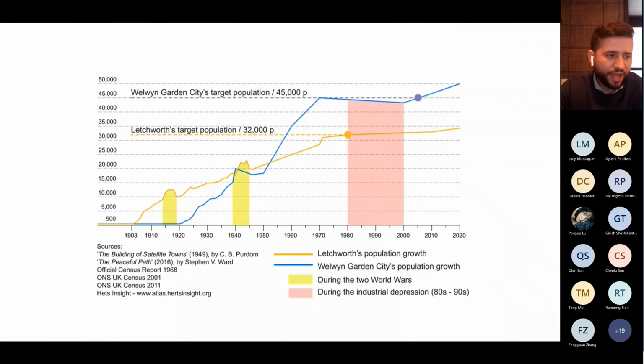see in this graphic, with several fluctuations derived from the outbreak of the First World War, the international economic crisis of 1929, and the Second World War. During the first 20 years of development, the first garden city, which is Letchworth, and is in the color of the line is in orange,